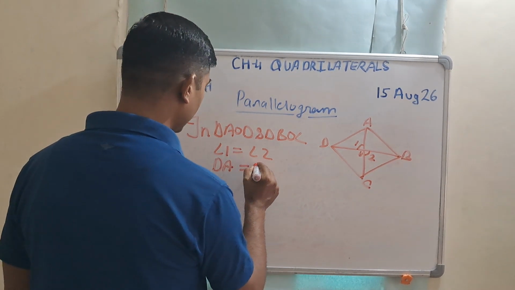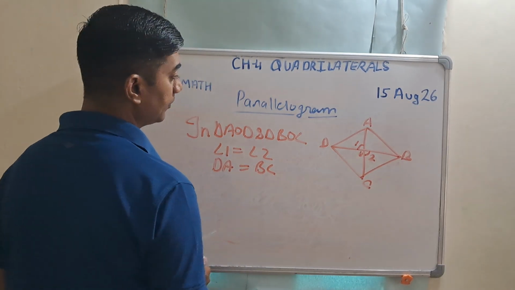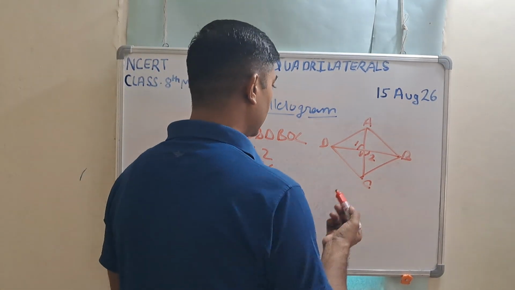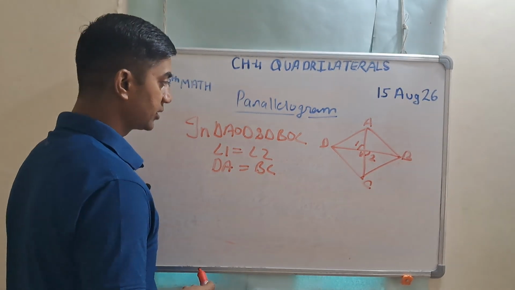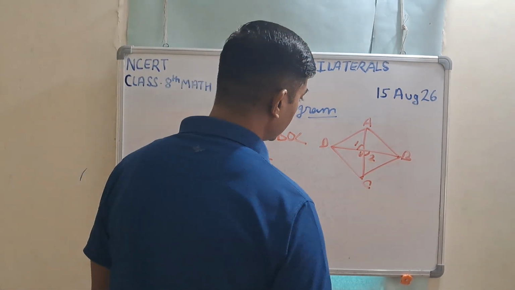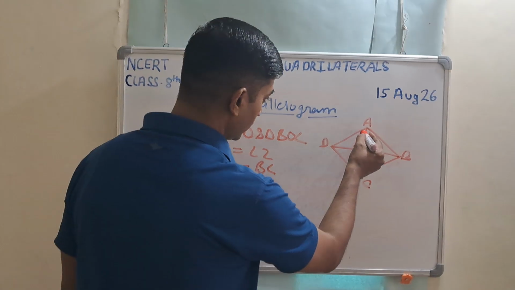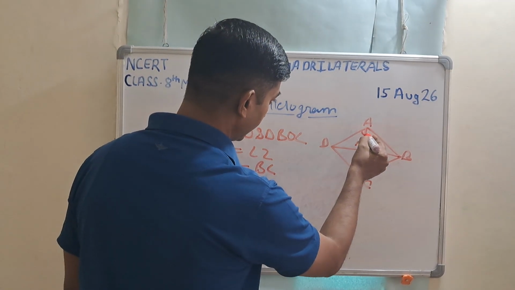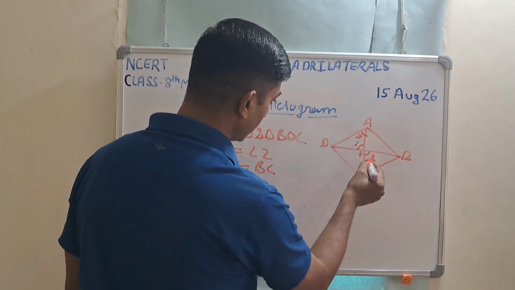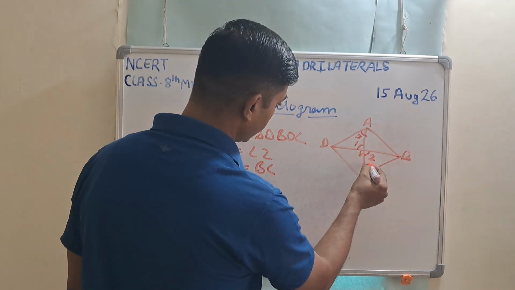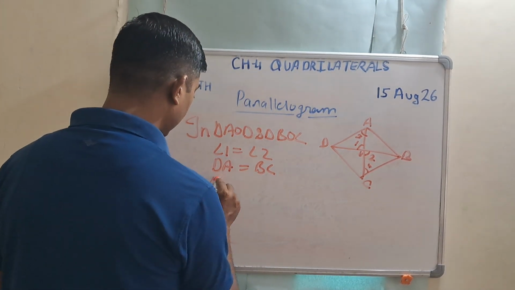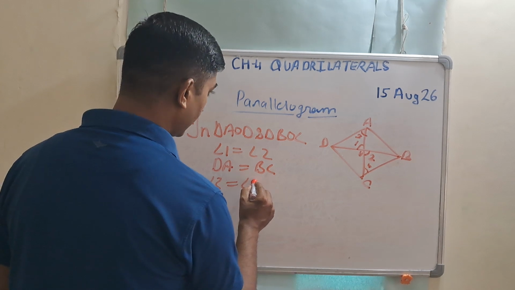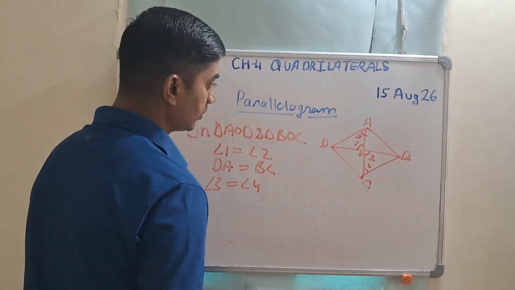DA is equal to BC. Why are they equal? Since we know that the diagram is a parallelogram and opposite sides are equal. Understood? And if you say this angle as 3 and this angle as 4, then you will see that angle 3 is equal to angle 4. Why? Because